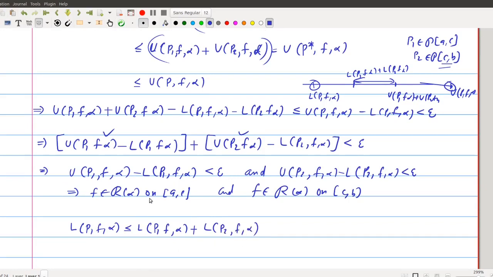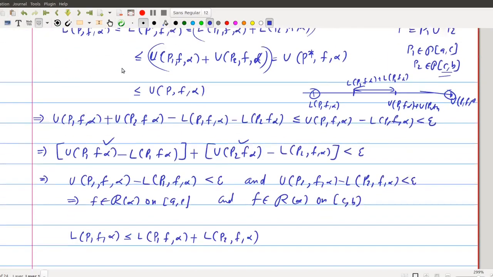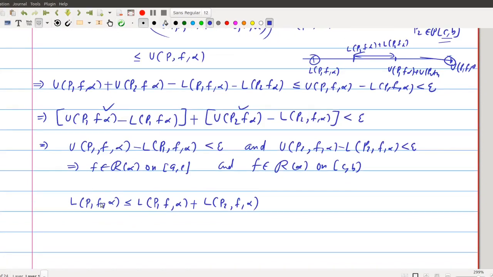Okay, we start with an arbitrary partition of this AB. From that partition you can get two partitions, P1 and P2, such that P1 is a partition of AC and P2 is a partition of CB, and we've already proved that this f belongs to R alpha on AC and f belongs to R alpha on AB. So we can replace this by less than or equal to supremum of LP1 f alpha. Supremum of LP1 f alpha is the same as integral A to C f d alpha, plus this can be replaced by the corresponding supremum, then that will be integral C to B, because P2 is the partition of CB, integral C to B